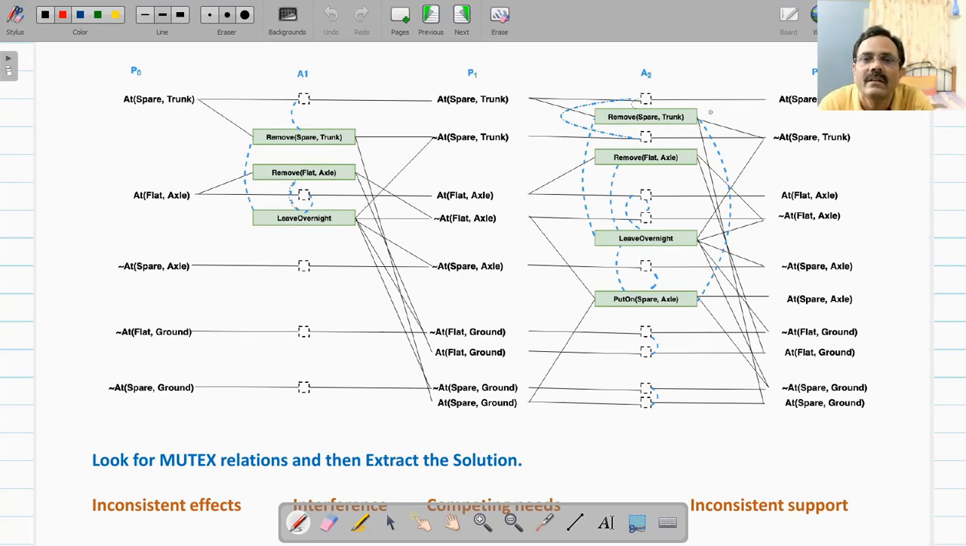Similarly, here remove spare from trunk and put on spare on axle. Both are mutex because one has the effect spare is not at ground and another one has the effect spare is at ground. So therefore this link has been added. So in this way you have added all the effect links and mutex links, and then you will find out that